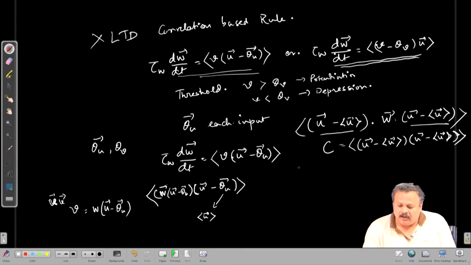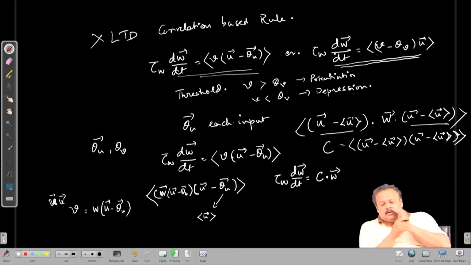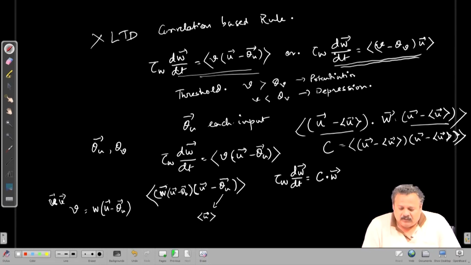And so, our learning rule then becomes a covariance learning rule, that is tau w dw dt is equal to our C dot w. So, now that we have derived this, although we get LTP and LTD, both of them in these two learning rules,